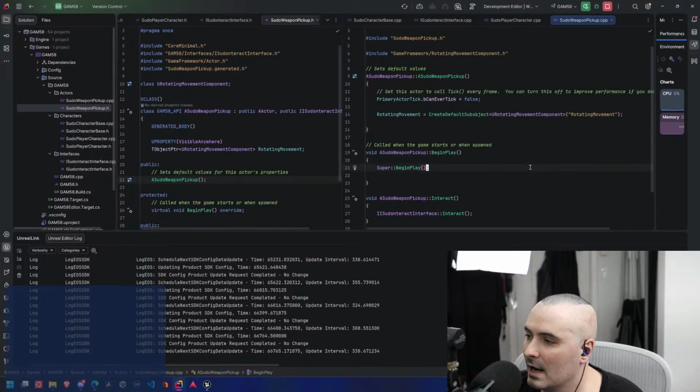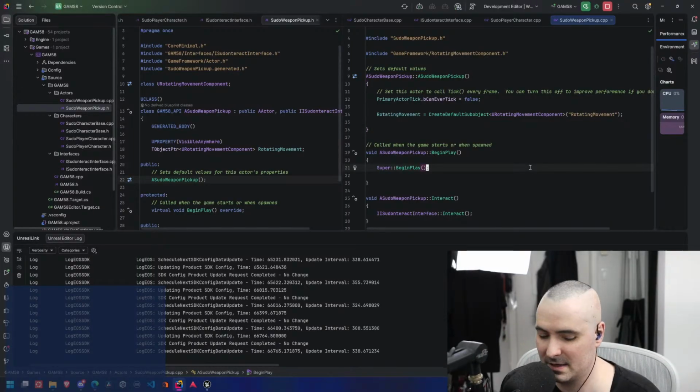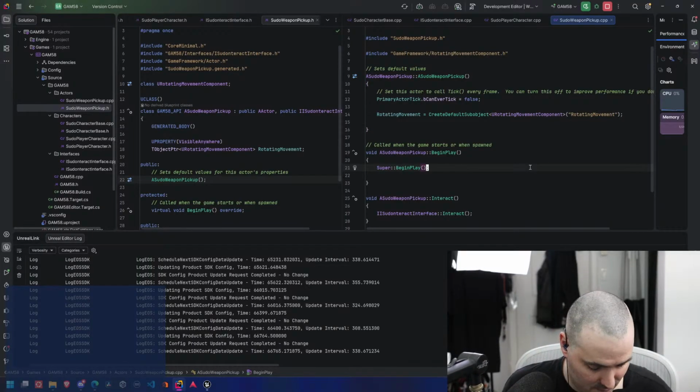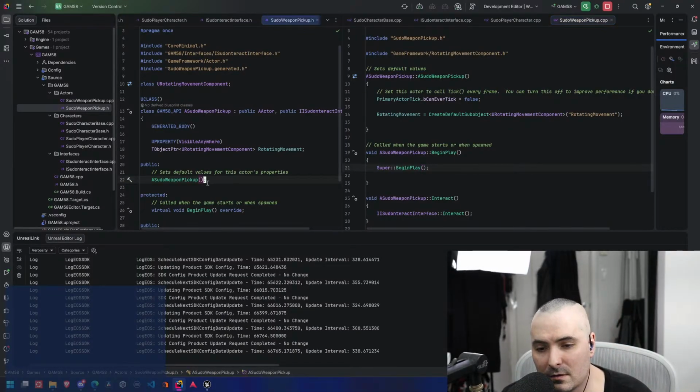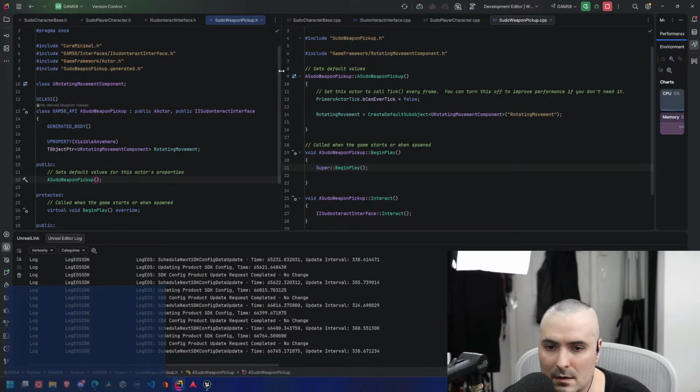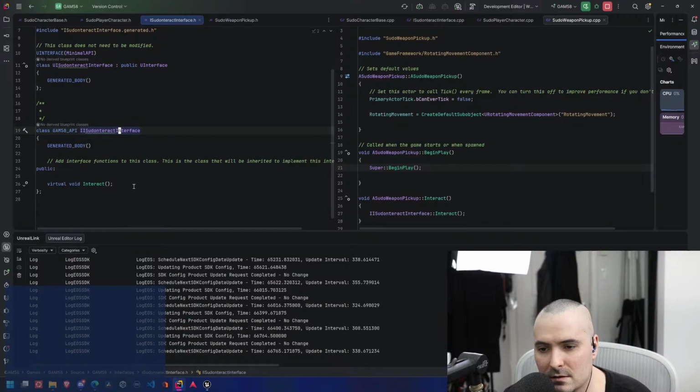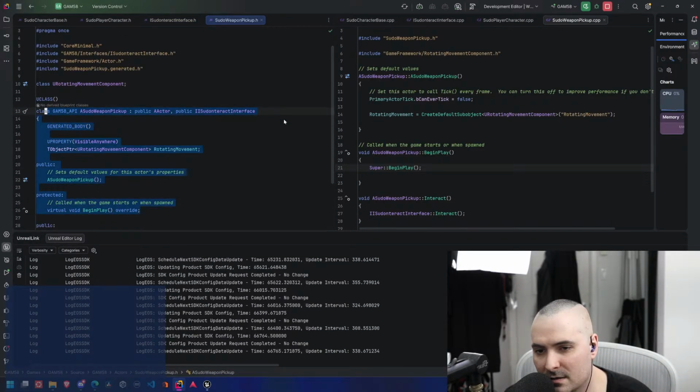Okay. We're live and we're under software development instead of just chatting this time. So I started making a pickup interface. So we've got interact and then this pickup.